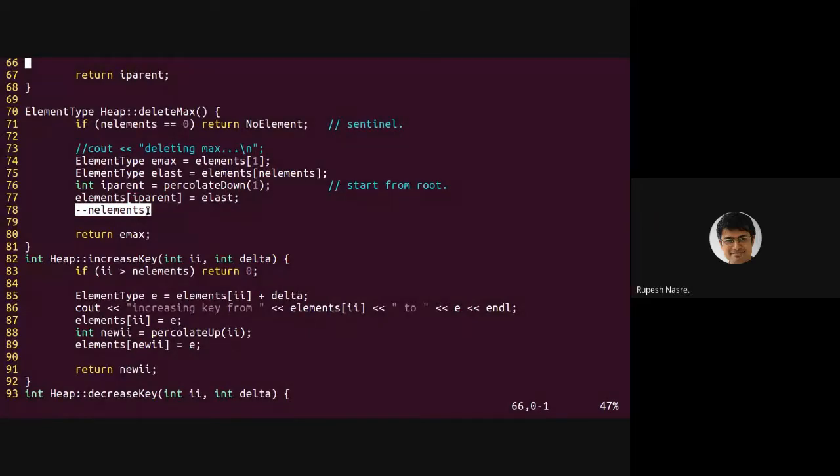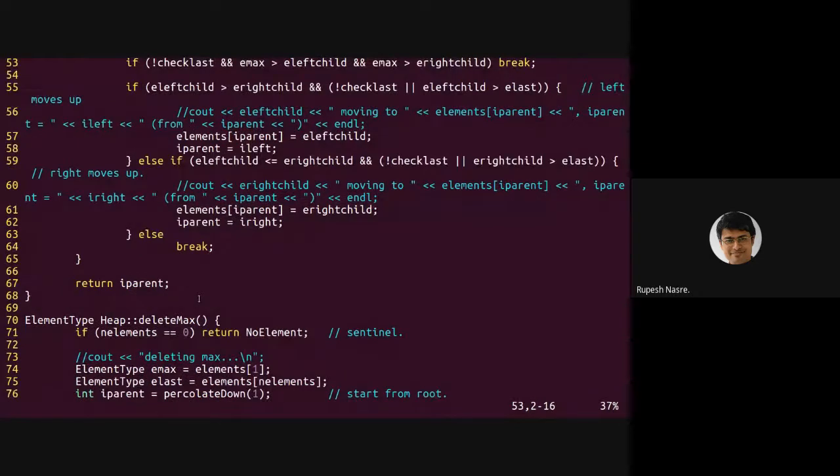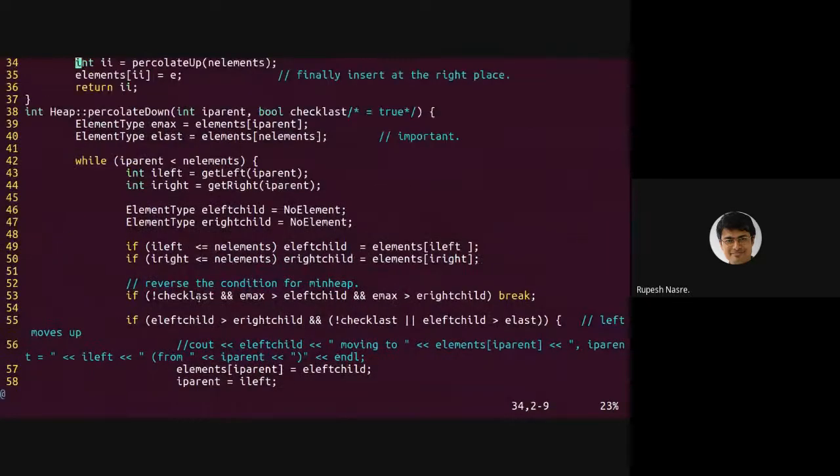So this is what is happening in case of this particular function. Let's spend time on percolate down. It's a little complicated function, but hopefully it will become clearer soon. Right? So let's look at that. It doesn't fit into the screen. So we start from the parent of the element, in this case we are calling it with root as the element which needs to be percolated down, right? So remember that we are using percolate down in case of delete max.